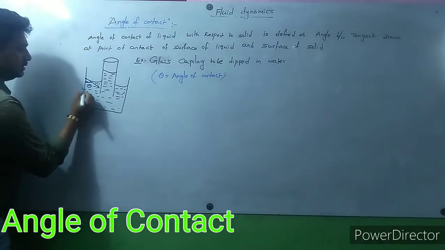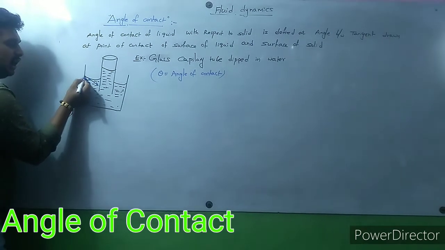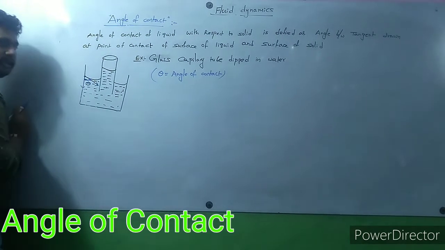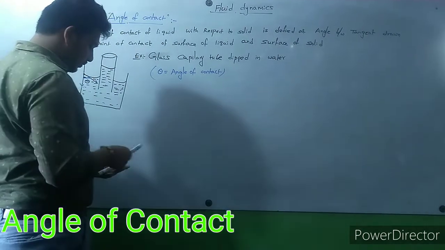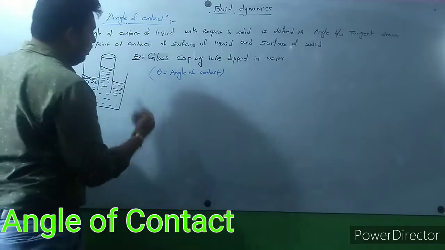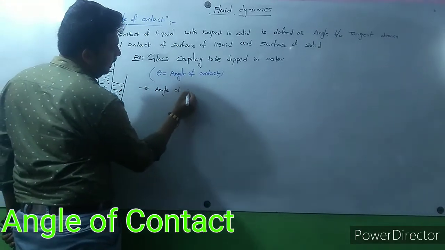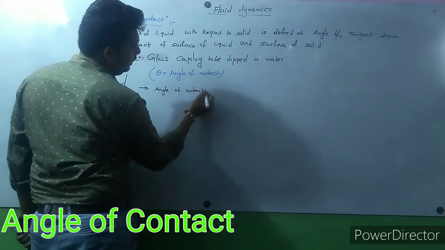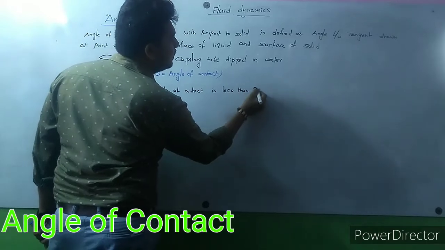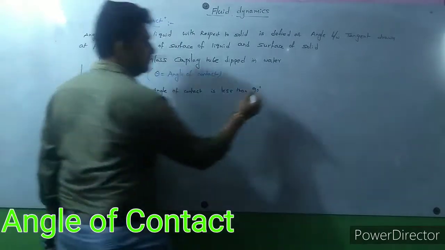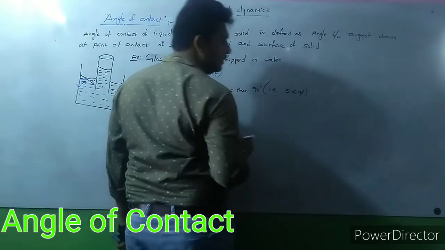So this is the tangent drawn to the surface of liquid and solid, and the angle between them is called theta. This is called the angle of contact. So now, if the angle of contact is less than 90 degrees, that means theta is less than 90 degrees, then